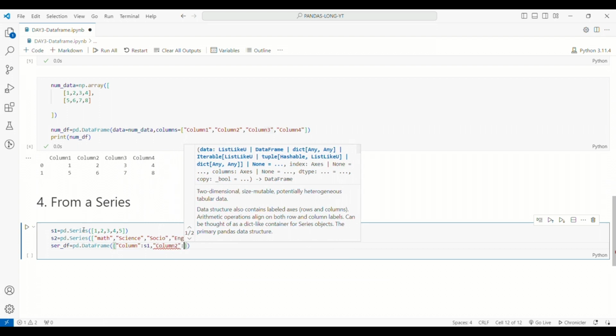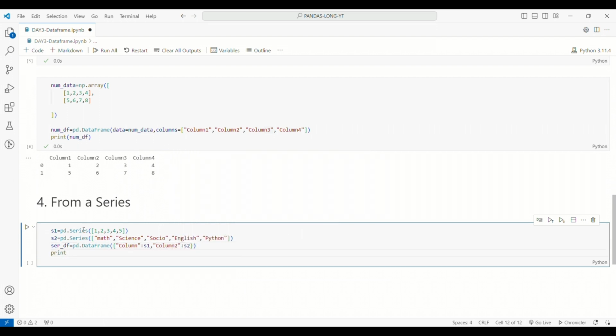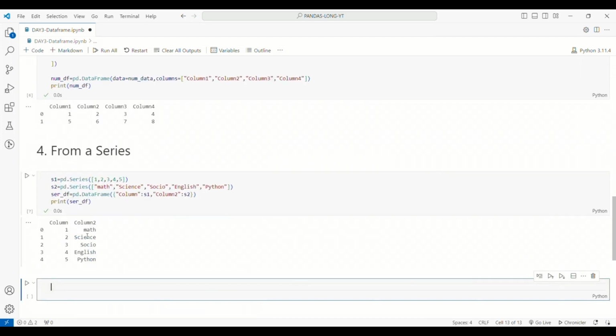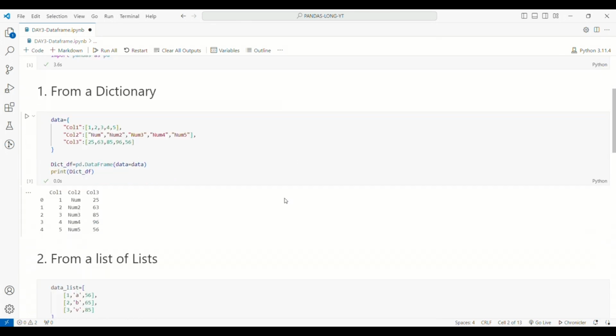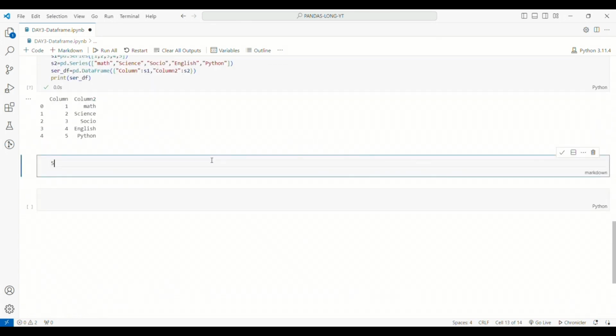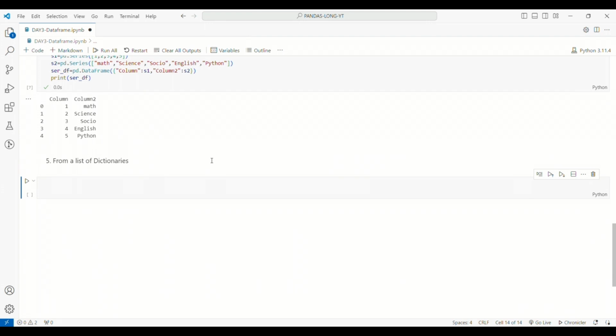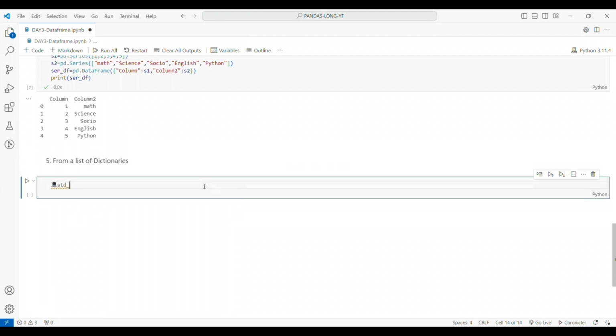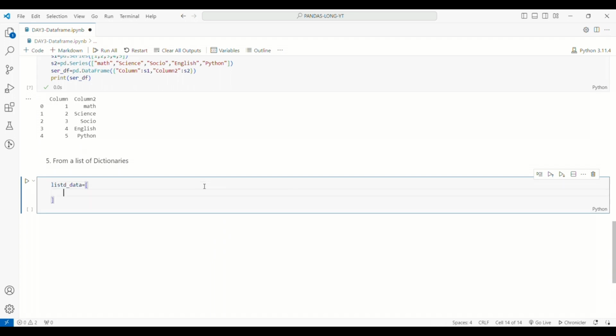The last way I would say is from a list of dictionaries. So it means I have to create a list. The major thing will be the list, and within that list there will be the dictionaries. So I'm using the square brackets, which means it's a list. Now in the curly brackets, I'm writing key value pairs, which denotes that this is a dictionary. So this is column 1, 23, column 2, 35. Same way, I'm going to copy it and paste it in the next line.